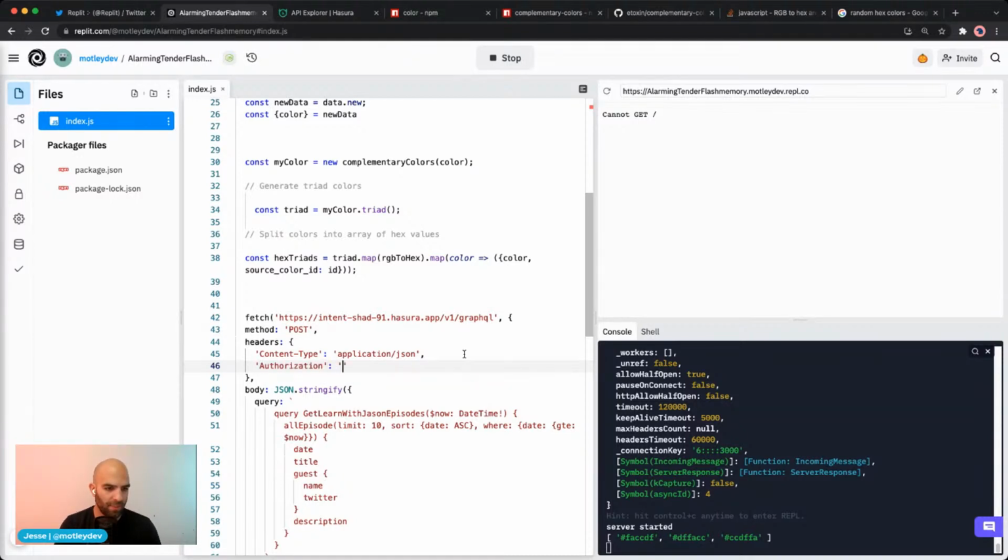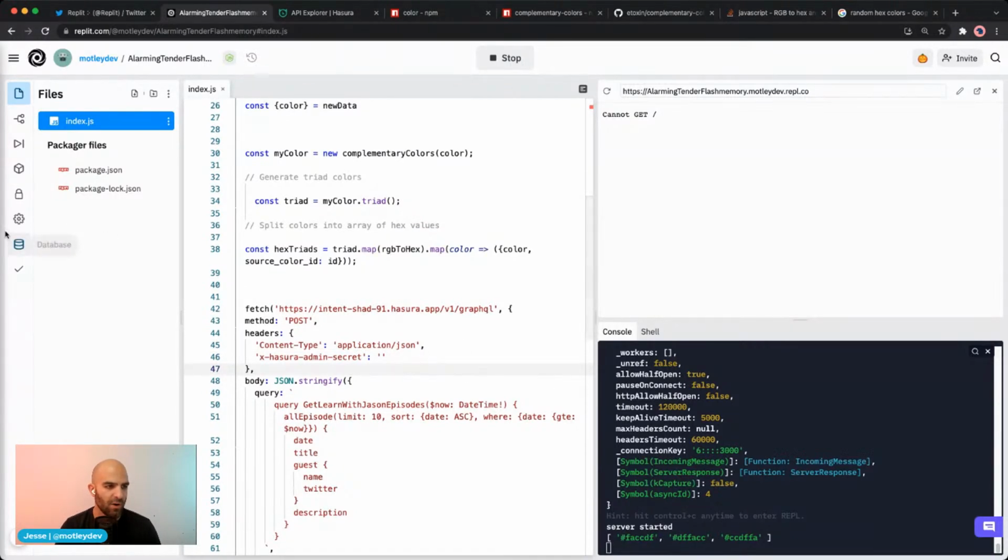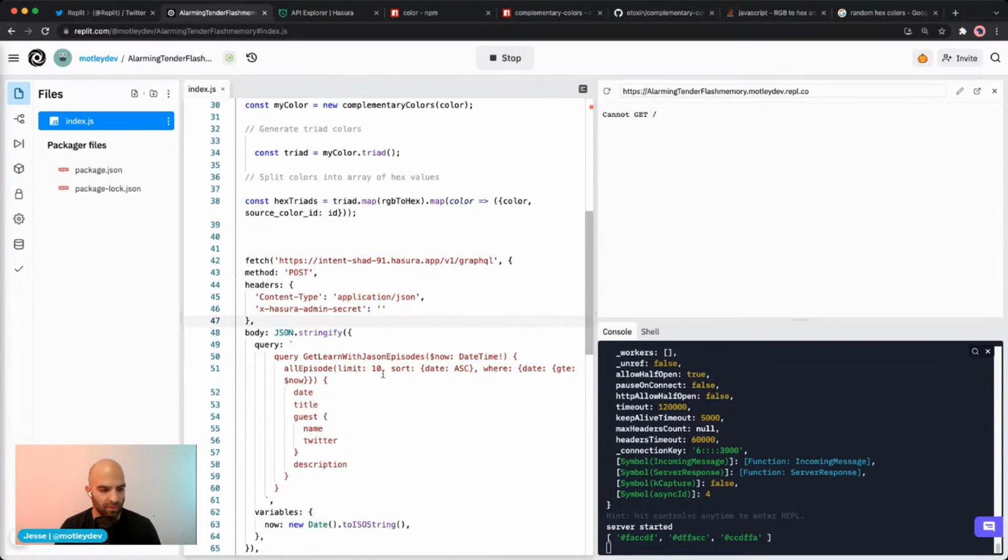I'm going to pass in my, actually, we're going to do X for admin secrets. That's what we're doing. I'll paste that in here in a minute. I know that you can do that with secrets here, so we'll probably do it that way, but we'll get there in a second. All right, so we need to adjust our query here. So the query we're passing in